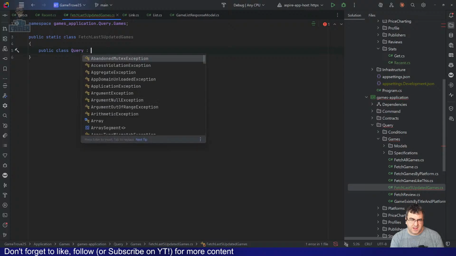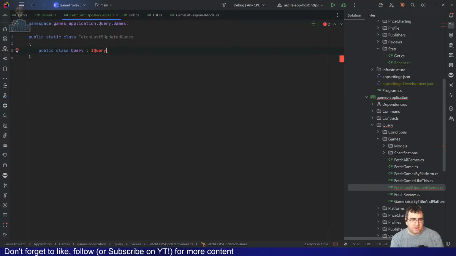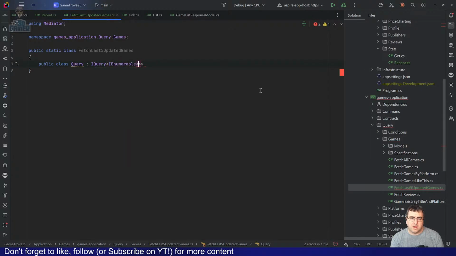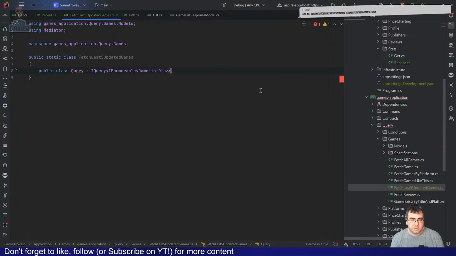I dislike this, just creating a class for the sake of it, but it's fine. IQuery, IEnumerable of game list DTO. That works.